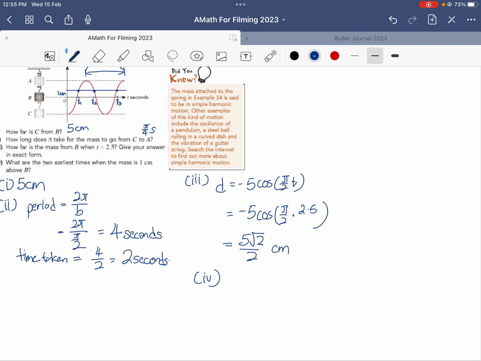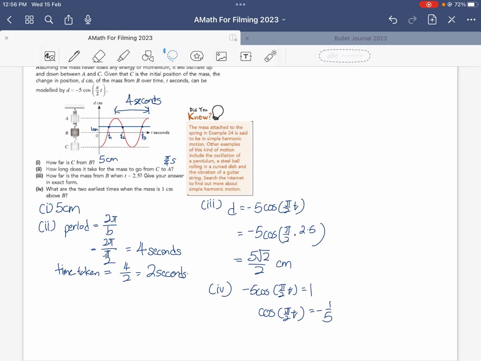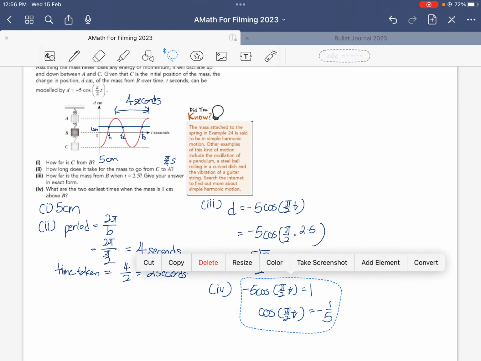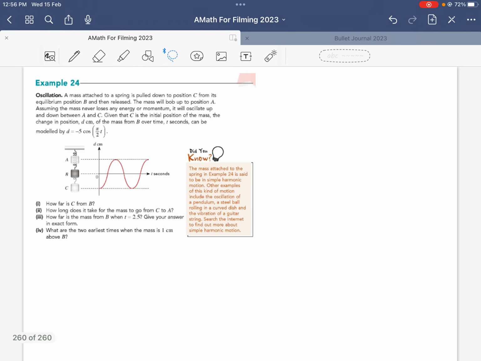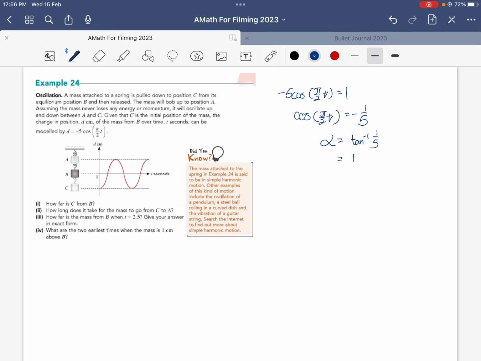So basically they ask you what is the time, solve for t when d equals 1. So I have -5 cosine pi over 2t equals 1. Okay, the distance is 1. So I have cosine pi over 2t equals -1/5. So if I try to find my reference angle, let me just cut and paste all of this. Okay, so now I will find my reference angle. Alpha is equal to inverse tangent of 1/5. What I get is my reference angle is